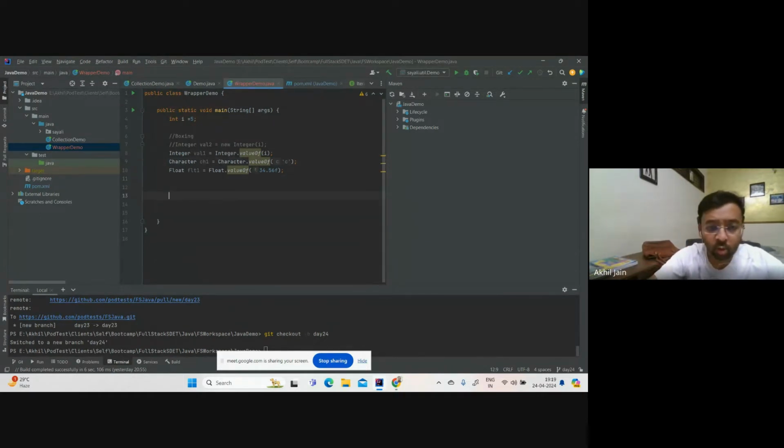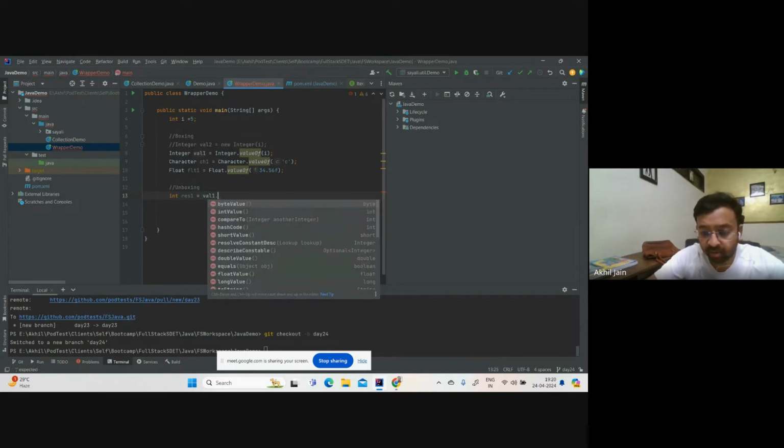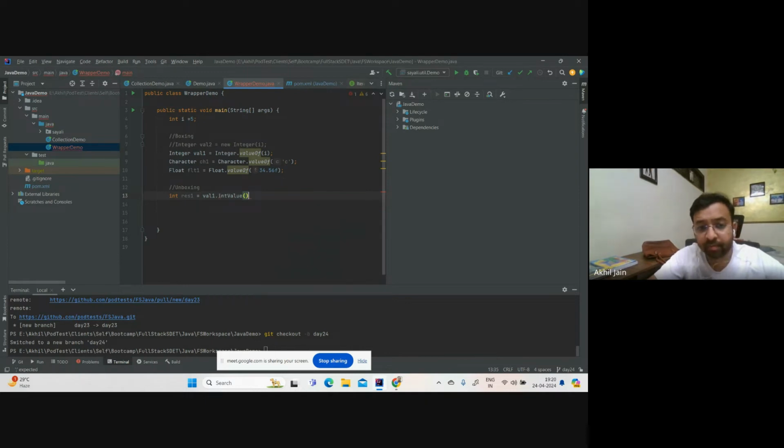Okay. How to do an unboxing? So now you boxed it, right? How will you do an unboxing? In unboxing, you already have the object. What are those objects? Now, val1 is an object, right? It's an object for this thing, right? Okay. Now you wanted to retrieve the value of your primitive data type from it. Let me create int, let's say response1 equals val1, because that is what it represents. You will say dot, and you will say intValue, and this will return you the